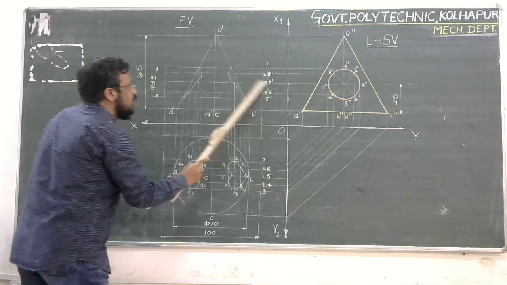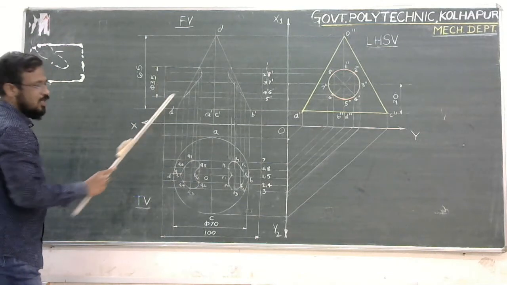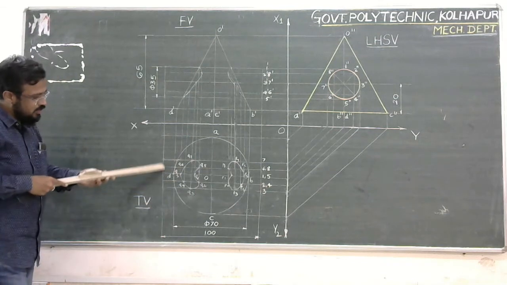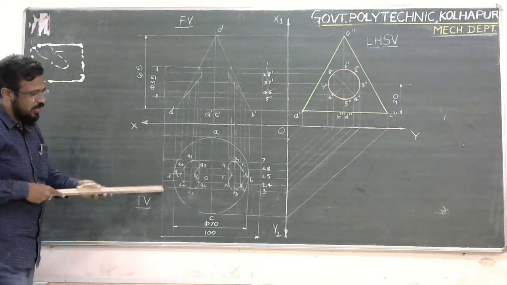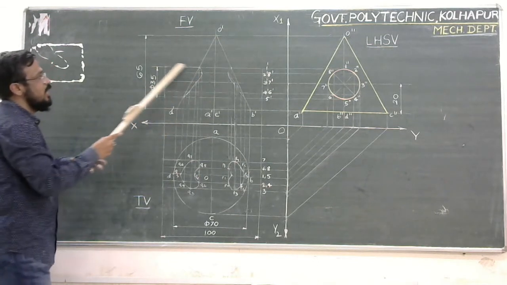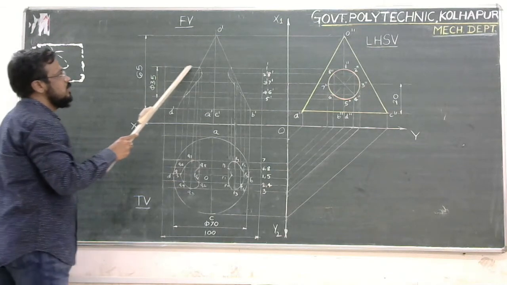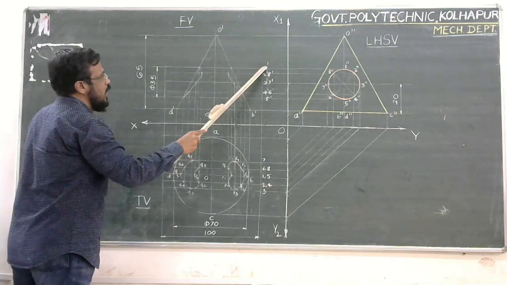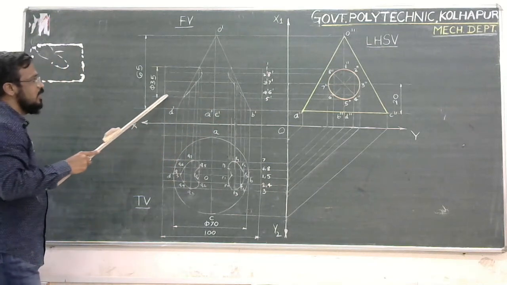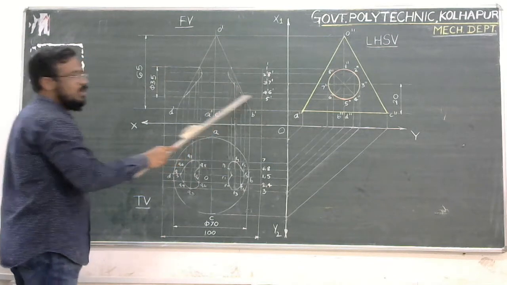So one limiting edge of the cylinder is being formed here. From this to this limiting edge, this is the vertical limiting edge. Yes, it is measuring equal to 100. So what is the next end of this cylinder? Limiting edge. So this is the limiting edge. So I project this upward limiting edge similar to this line. I am going to get from this point to this point. So refer to my scale. This will show you the outline of the cylinder in the form of a rectangle in the front view.